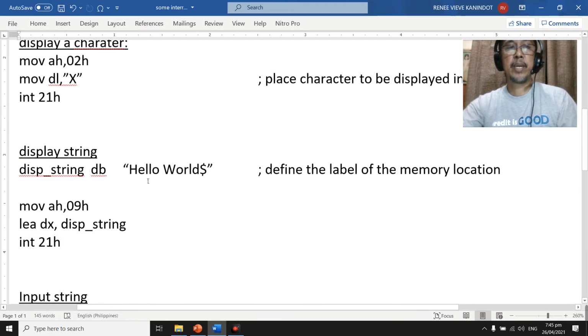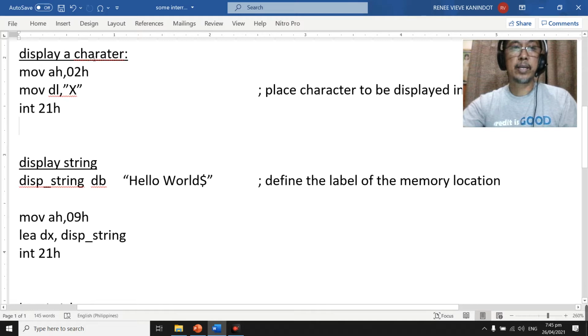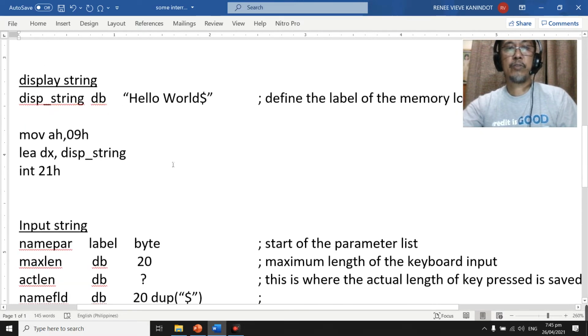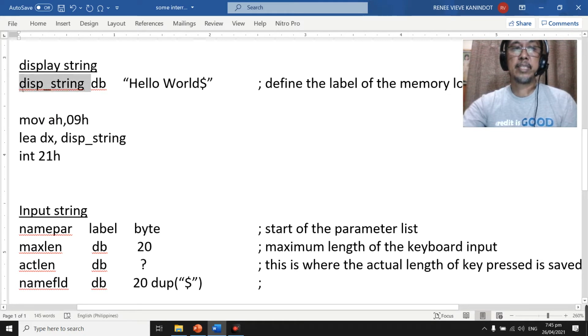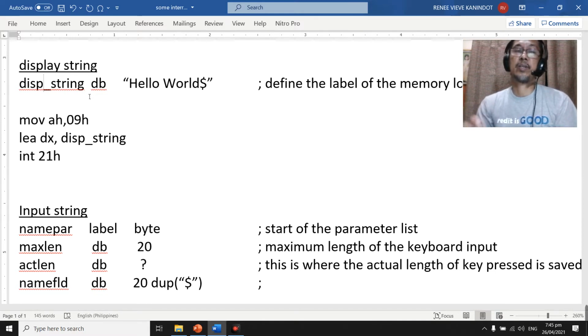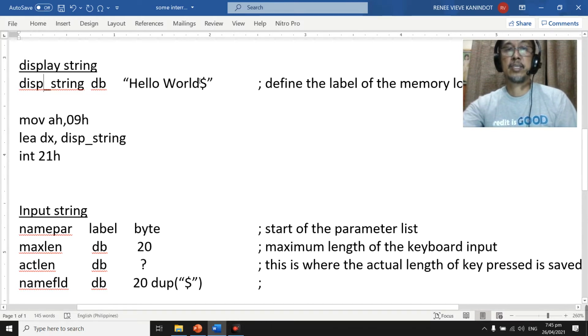The next is display string. Previously you could only display one character, here we can display a string. First you have to define a memory location by using a label. Here our label is DISP_STRING. This label will be allocated a memory location, and that memory location will now contain the string hello world